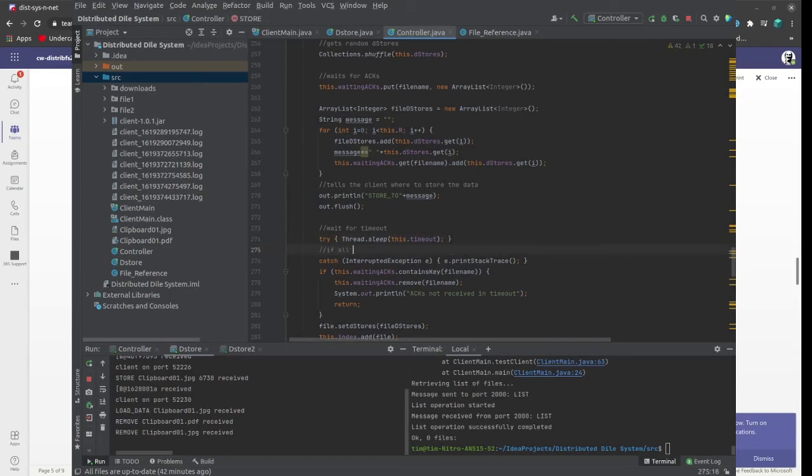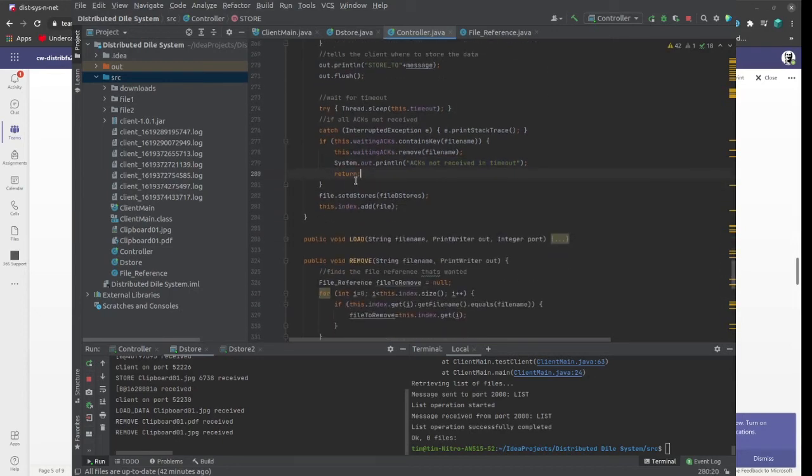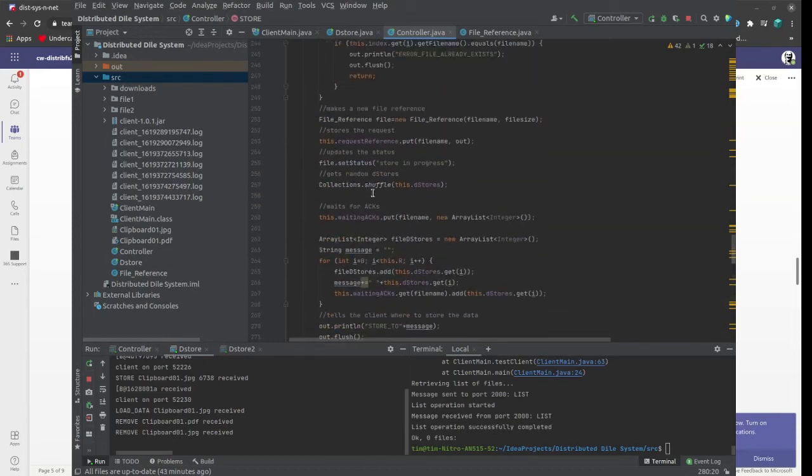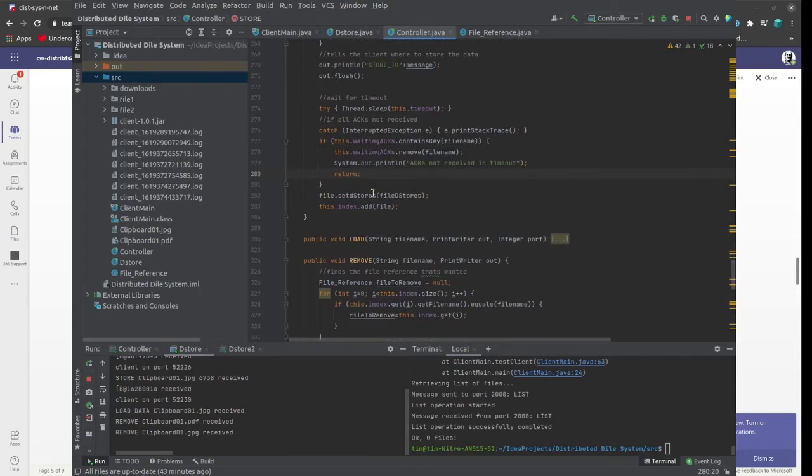If all acks not received, then it says acks not received and timeout, and it returns. But assuming they were all received,